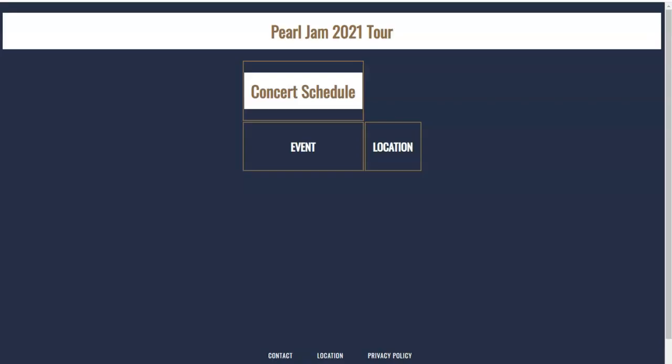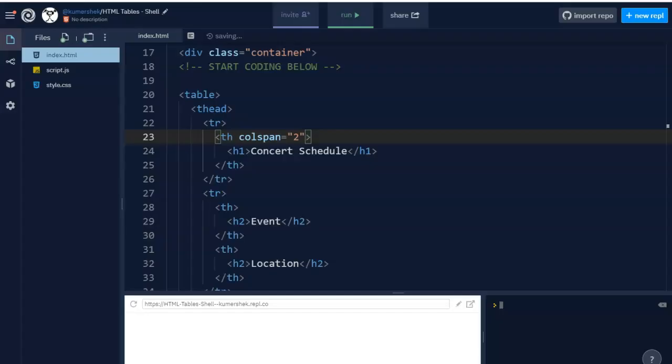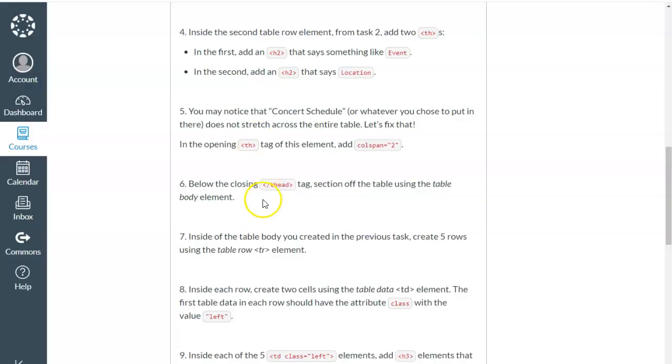And so if we look at that update, I hit F5, you can see now that my table, I kind of just brought this over so that I have basically 2 headings here, a concert schedule, and then we have an event and location headings up here. And now we're really just going to put a bunch of these rows in here that show my tour dates. So going back here,